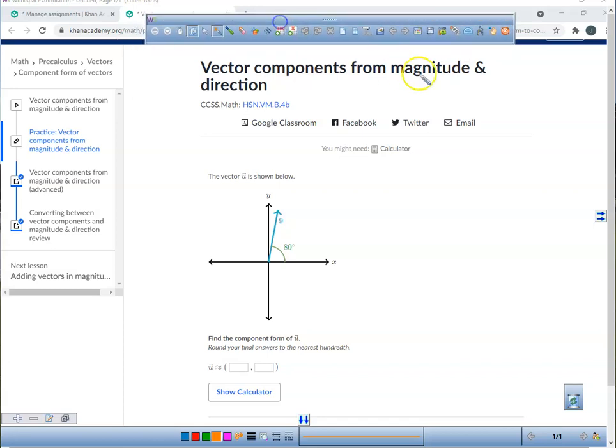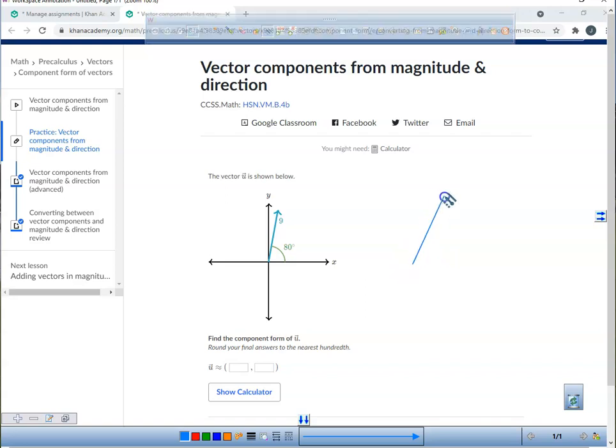Vector components from magnitude and direction. So what I'd like you guys to do in your journal right now, just make the drawing a little bit easier to deal with. Right now, I know that's not 80 degrees. I'm just going to make it a little bit easier to draw a right triangle. So I realize theta is 80 degrees right here, but what I'd like you to do